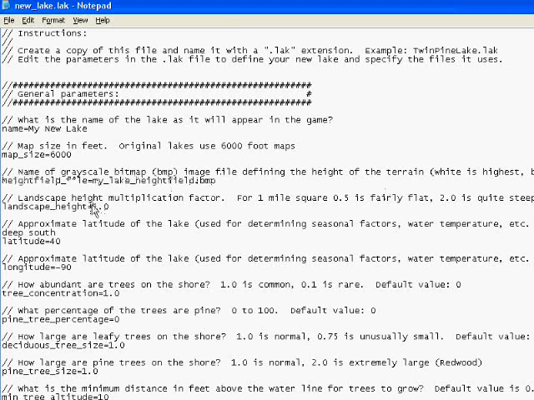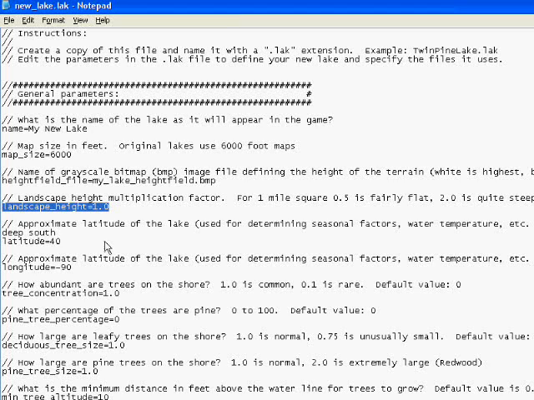All right, back to the text file here, landscape height factor. This is really the height from the lowest level at the bottom of your lake to the highest point in the landscape. That can range from, at 1.0, if we enter 1.0 here, that's really a 255-foot height range. If you want a huge mountainous environment with towering peaks over a really deep lake, you might set this as high as 10. So now you're talking about 2,550 feet of vertical range from your highest peak to your lowest